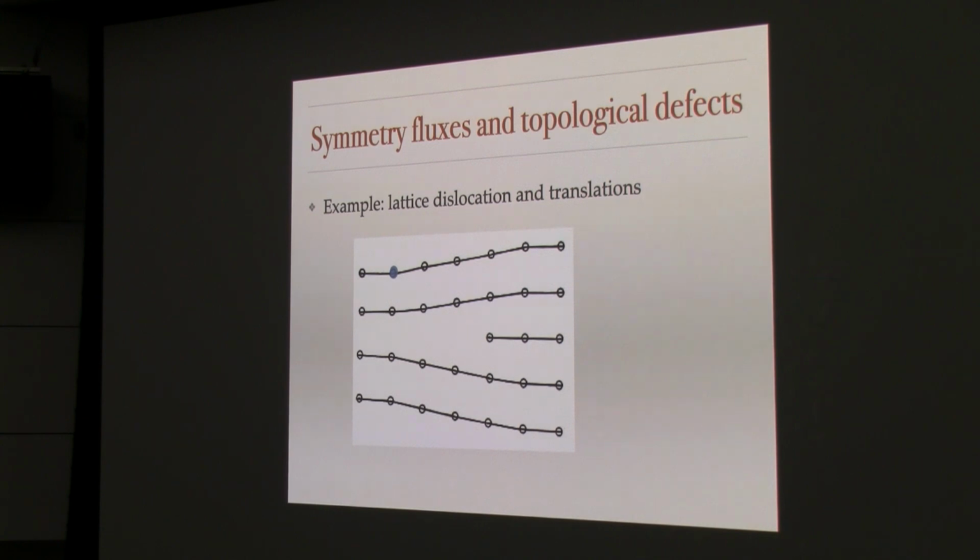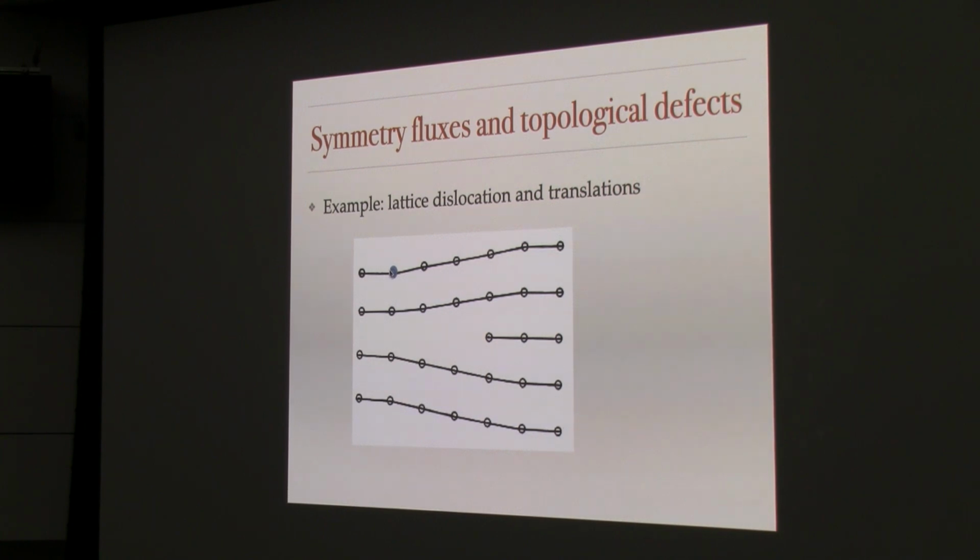So let me take that picture and make it a little more concrete. This is a general feature that, when you have a symmetry and you start to introduce topological defects in your symmetry, they have this property that as you go around them, the symmetry acts in some way. So here's a more concrete illustration. Here's a lattice, and this lattice has translational symmetry in the x and y directions. But over here I've introduced a defect, and the defect is I've just stuck in another row of atoms here.